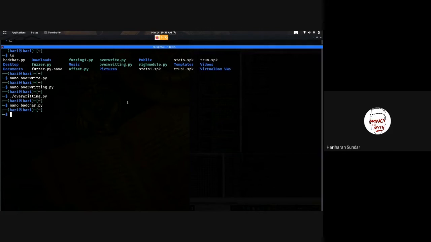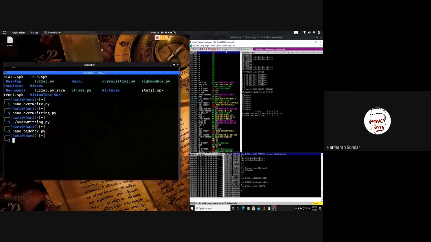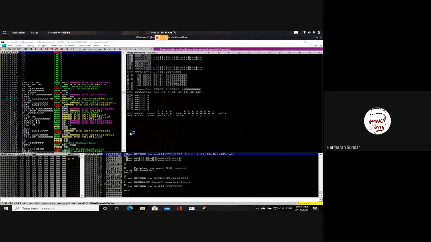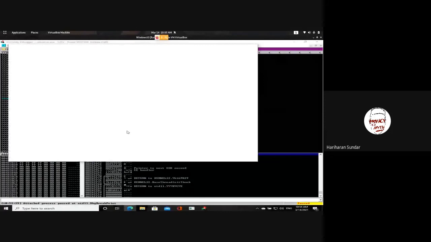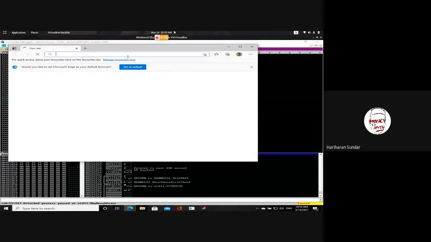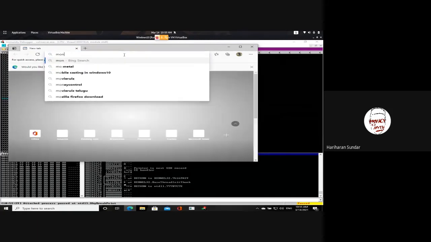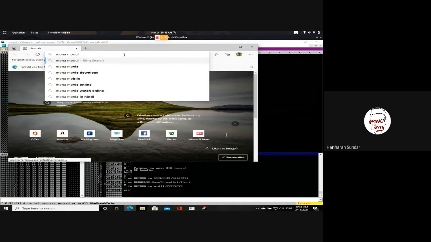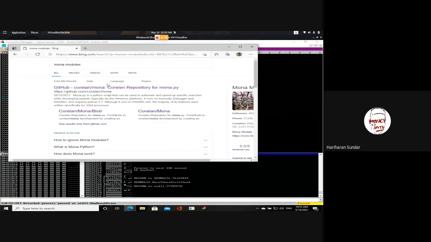Having my character, so basically finding the right module is going to take you some steps. First, the prerequisite is going to your browser in your Windows machine, and you need to download something called Mona modules. Again, Kadiravan will post the link. You can see a GitHub repository, and you need to download this particular mona.py. After downloading,